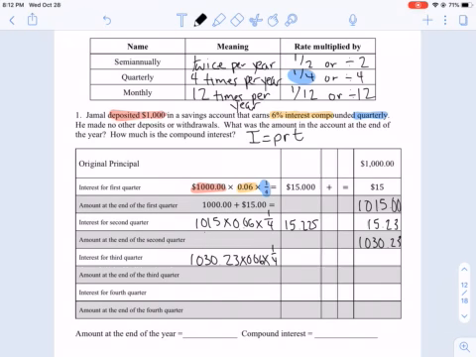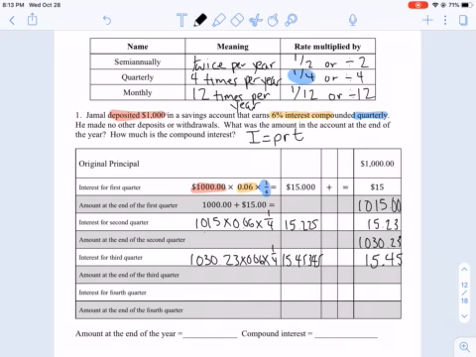And again, type it into your calculator. 15.45345. Which if we round to our cents is 15.45. So we're going to go ahead and add that together. So we have 1,030.23